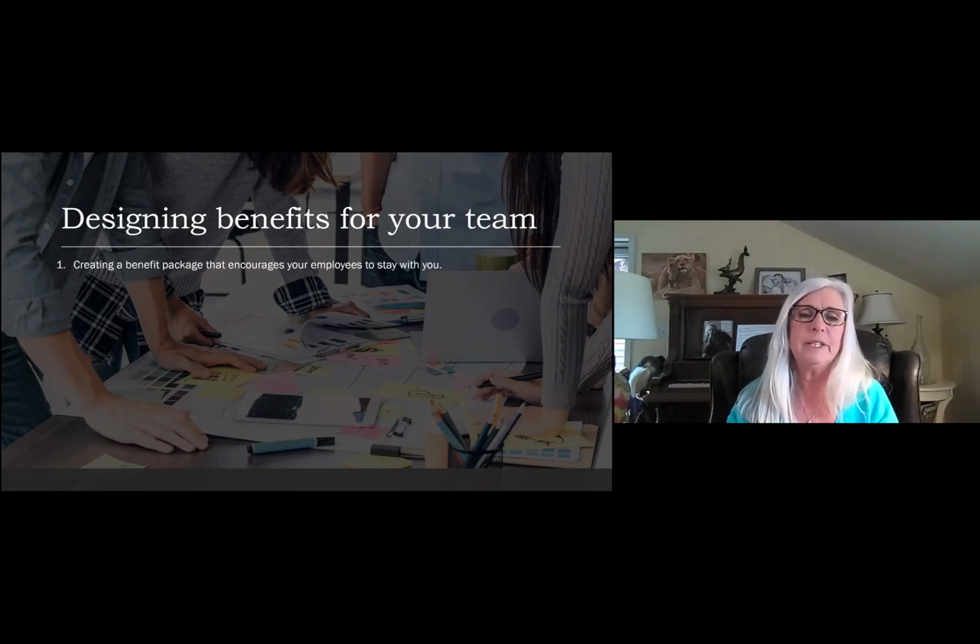So let's say an employee is hired and you pay 75% of the cost of their medical and dental for that first year. And then in year 2, maybe you say, we're going to provide 85% of your medical and dental premium. In the third year, it might go to 95%. In the fourth year, 100%. The fifth year, you say, okay, we're going to now provide you 25% of your dependent costs. So what you can do is design packages that increase in coverage as far as the premium goes over time.